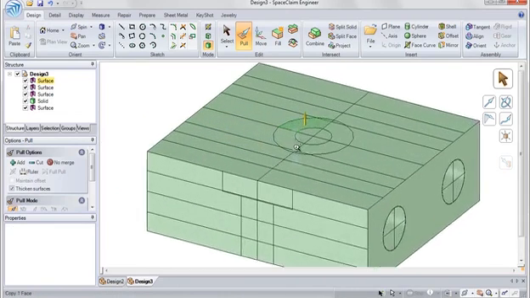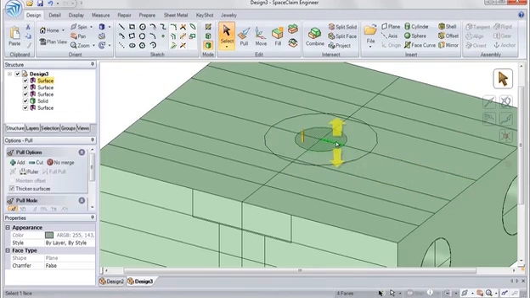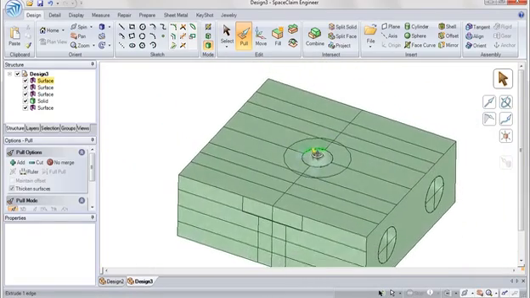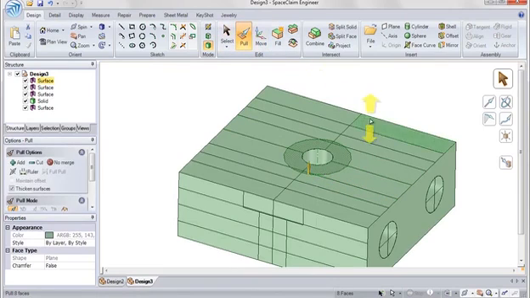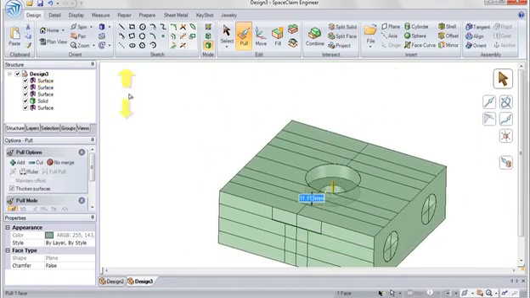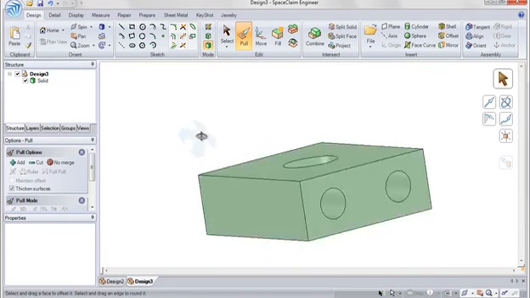On the top of the part here, I can go in and box select just the inside faces, pulling those up or down directly, creating a through hole, and then selecting the other faces, pulling those up or down, and again using the up to command referencing the front view to pull it to the exact depth. I'll get rid of the original solids that I brought in from AutoCAD, and now I have my 3D block